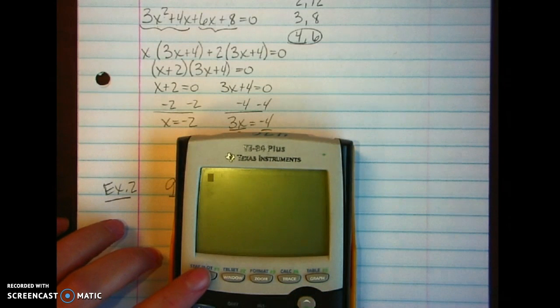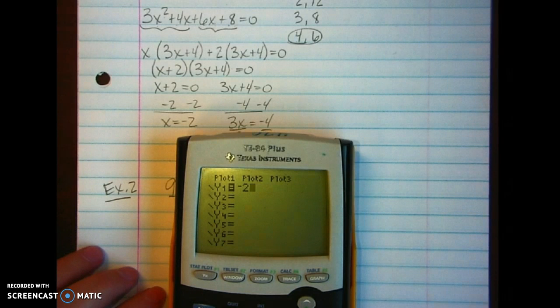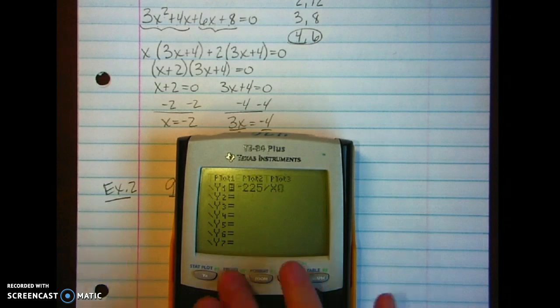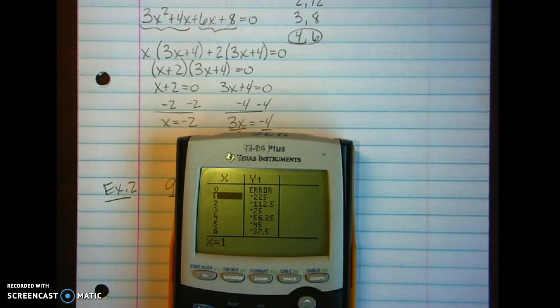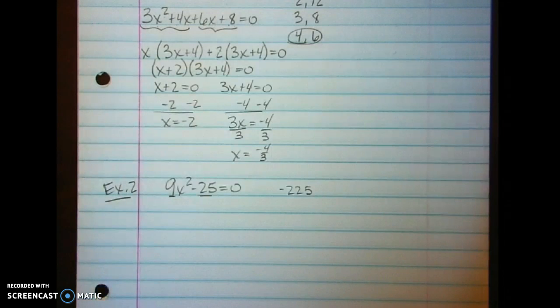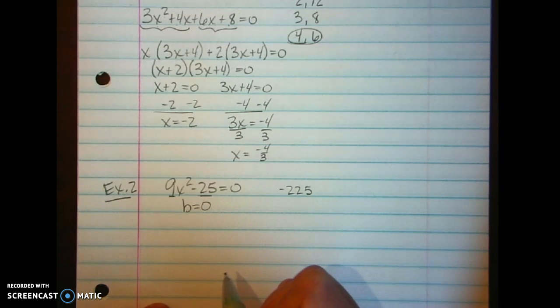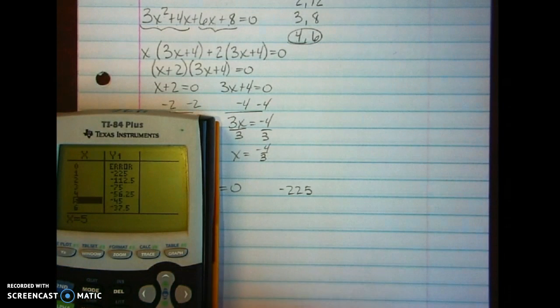So one of the things I can do is go to my calculator, clear what's here. You type in the product you're looking for divided by x. And let me set up my table correctly. And then you look through the table. And you're looking for whole numbers that when you add them together, make the middle term, and in this case I need you to notice that our middle term is 0 because the x is missing. So if I start writing down the factors of negative 225,